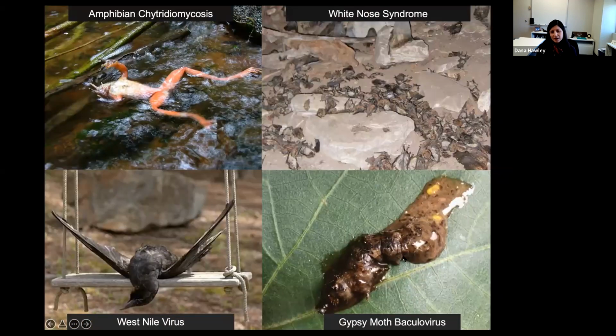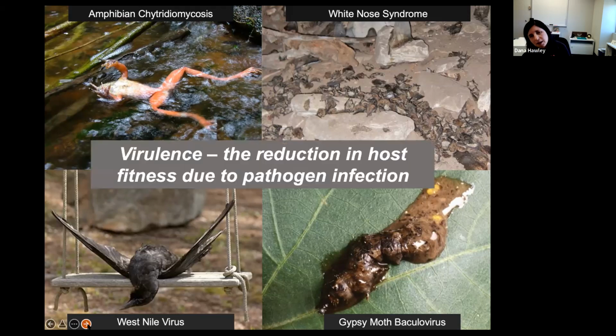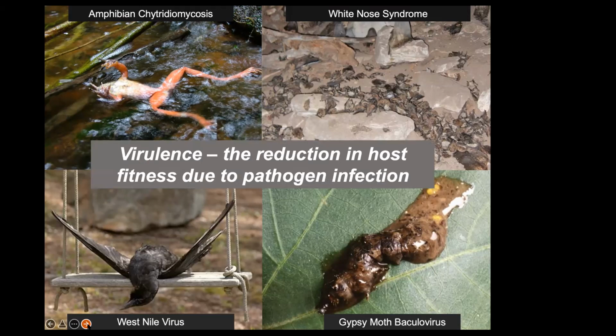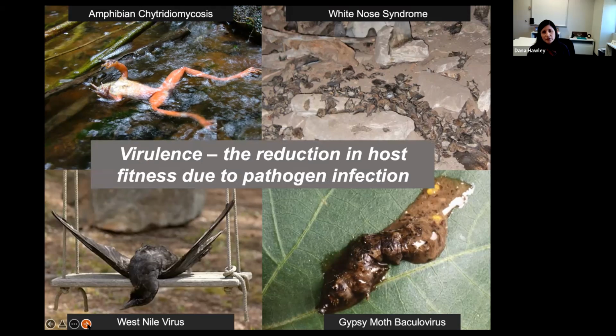Okay, so pathogens by definition cause at least some harm to their hosts, but there is substantial variation in the degree of that harm, which I'm going to term virulence. And I'm using the ecological definition of virulence here, which is the reduction in host fitness due to pathogen infection. So from a conservation and a public health perspective, we're of course very interested in what sort of ecological and evolutionary factors underlie pathogen strains or taxa that have high virulence.